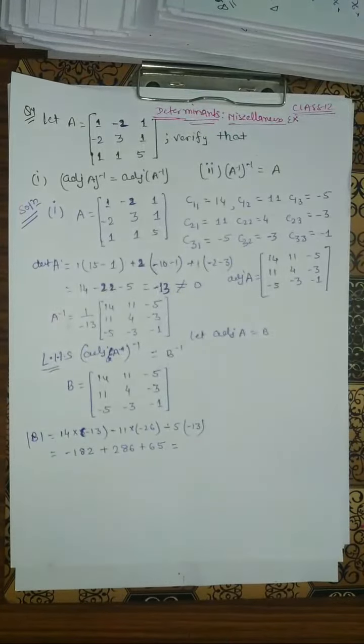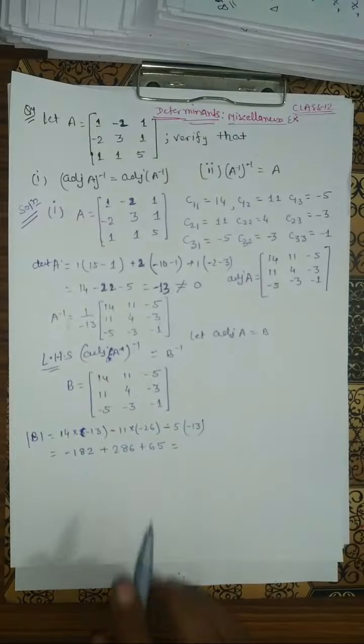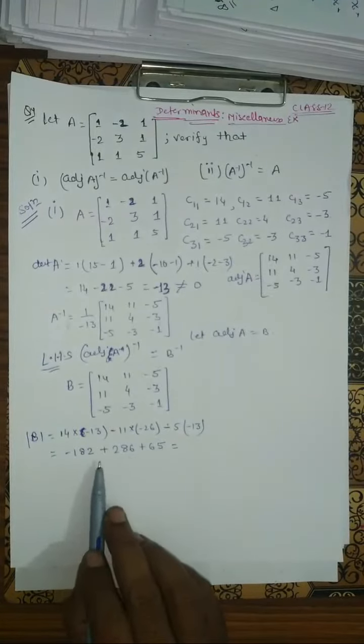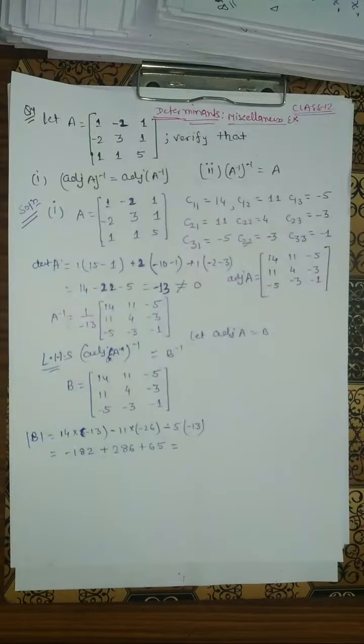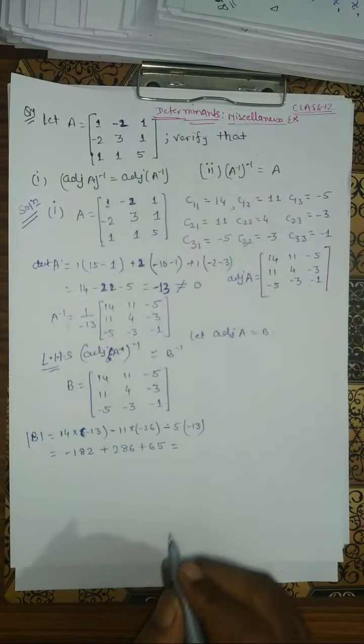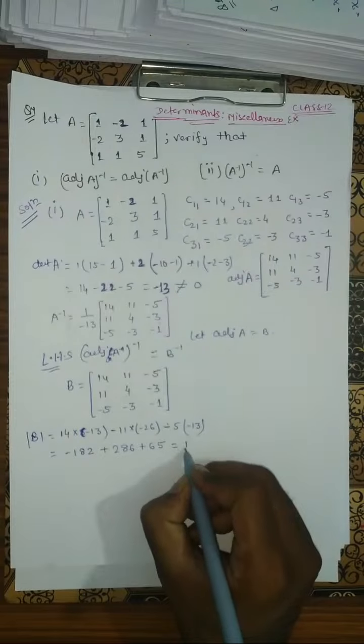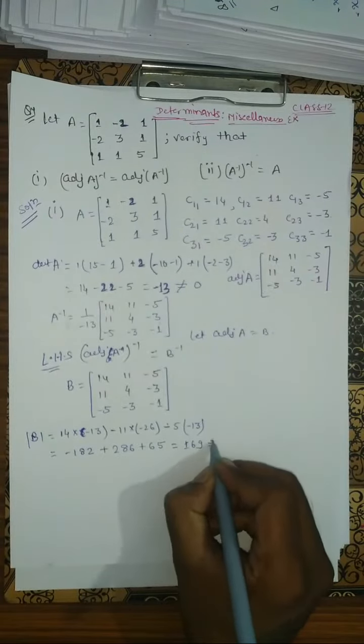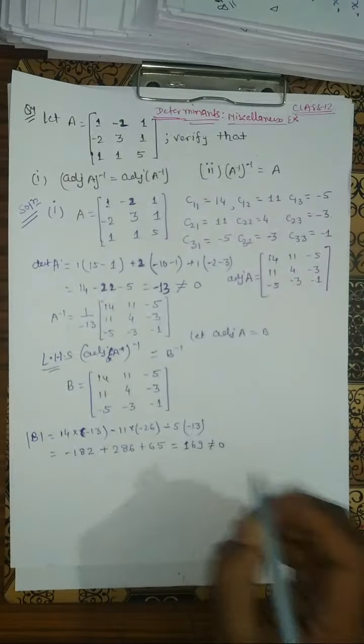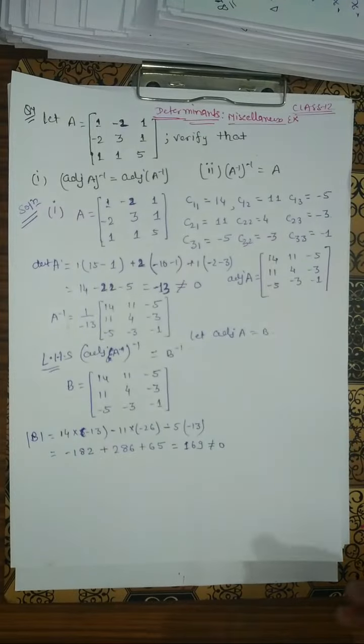So बच्चों finally your value is 169. That is not equal to 0. So B inverse is exist. So we find